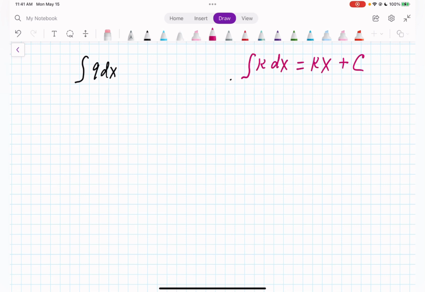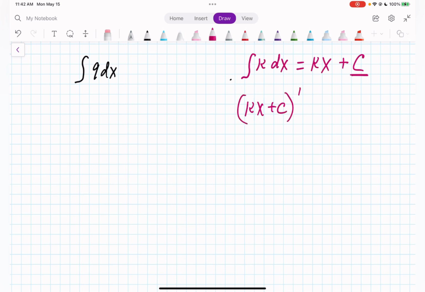Plus constant, we always add this constant C, because we know that the derivative of a constant is 0, and we don't know here whether there is a constant or not, right? Because a constant, when you take the derivative, disappears, becomes 0. Now, to double check this rule, if I take the derivative of (kx + c)'